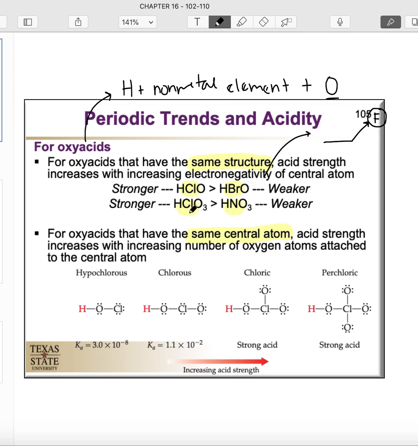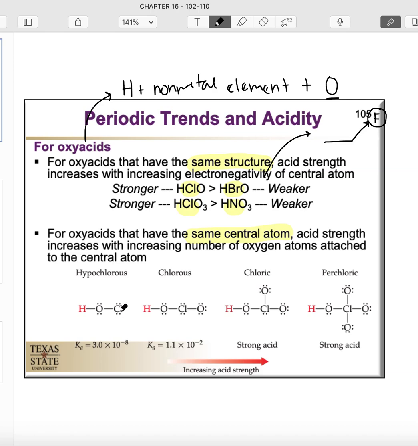And of course, if we compare the position of chlorine versus nitrogen, chlorine is closer to fluorine than nitrogen is. Therefore, this acid is going to be stronger than the nitric acid. All right, now the second set of rules here for oxyacids is oxyacids that have the same central atom, meaning